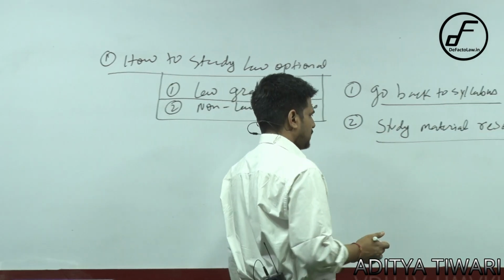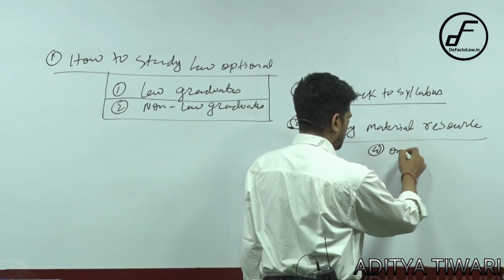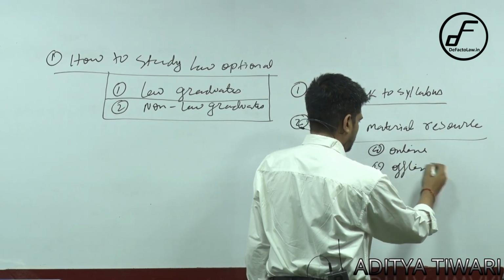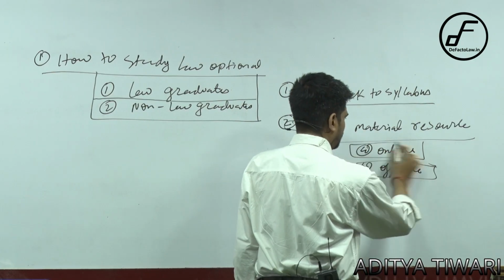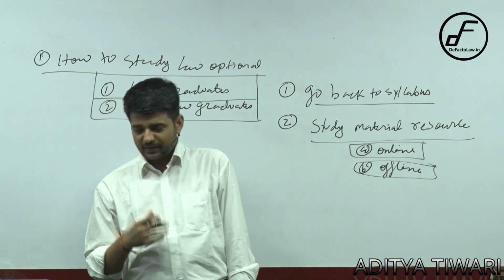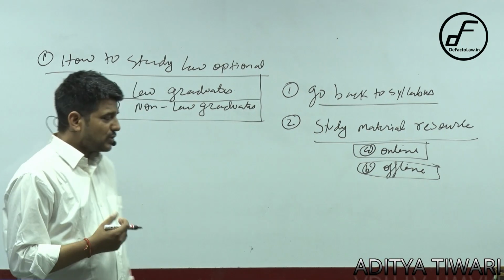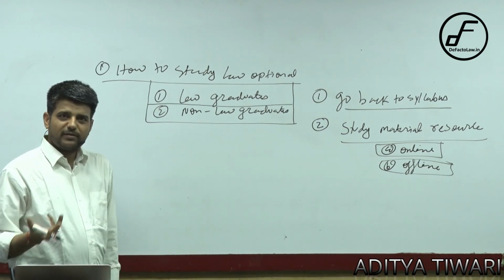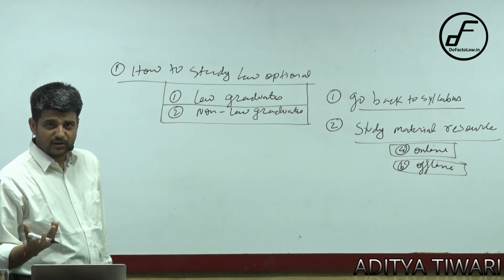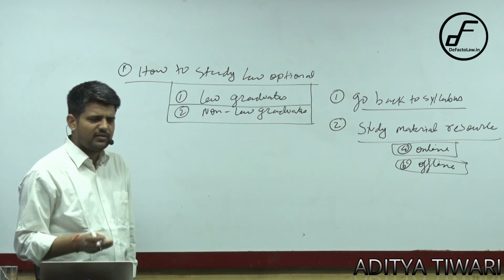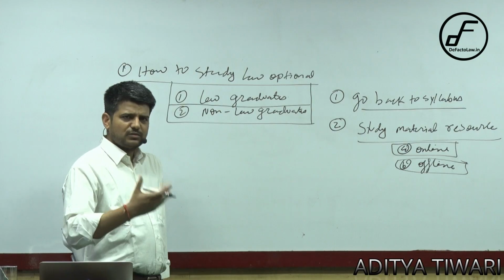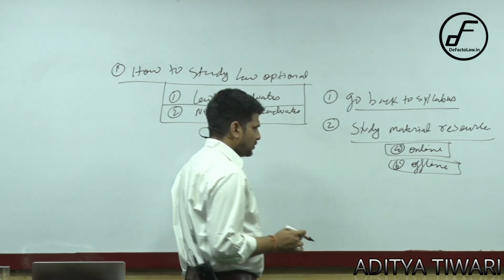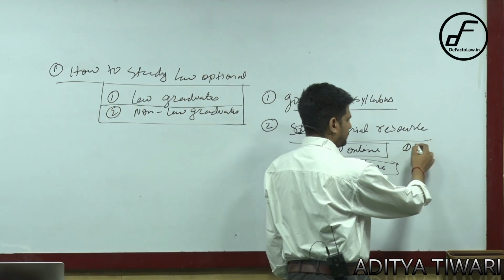Primarily speaking, the notes can be of two types: online available, and offline resources, which will include books as well. What I will suggest is that you don't go for online resources only. Have some offline resources as well, because online resources are mostly copy-paste materials, and there are copyright violations, so mostly you won't find good online resources or a copy of the book directly online. Even if someone has it, sooner or later someone will file a complaint and it will be taken down. So for online resources, mainly go for current affairs.